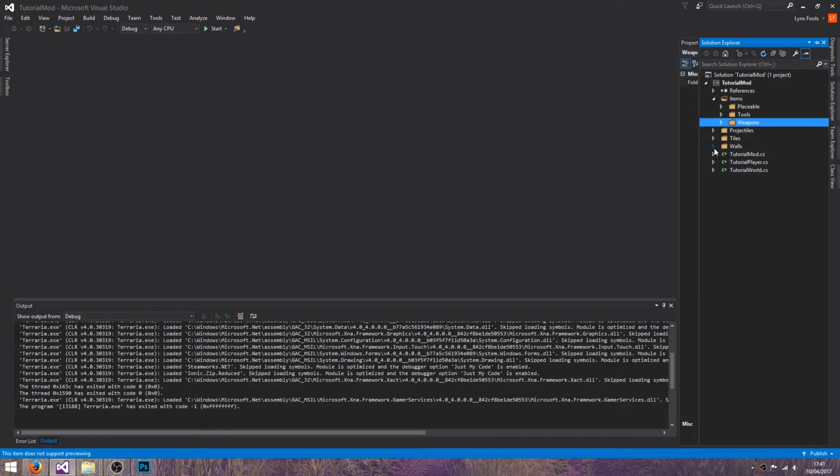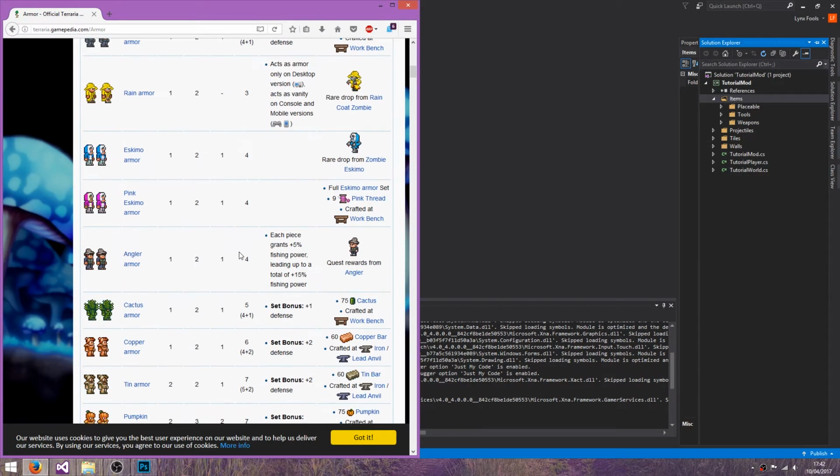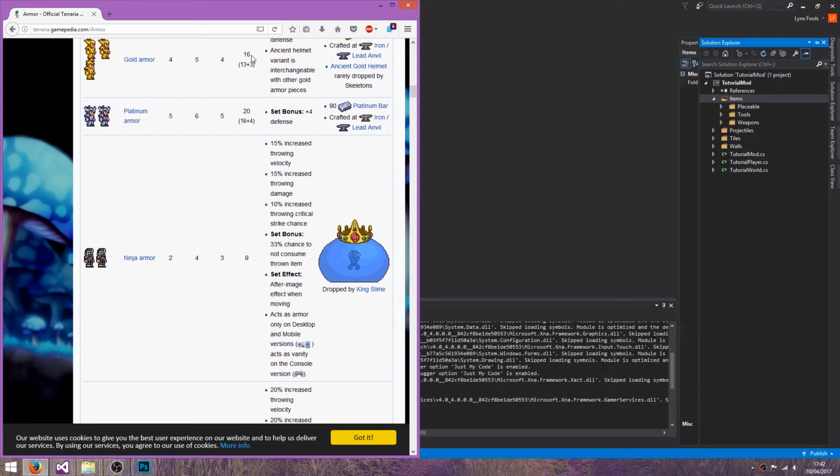In this episode we are going to be creating armor. Mainly creating helmet, body and boots. Now, as you know, armor has a defense value for each different piece, which adds up to create the total defense that you have. So for example, the mining armor gives a total of 3, the gladiator gives a total of 7, gold 16,